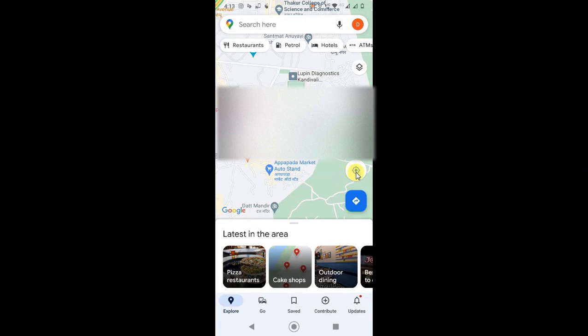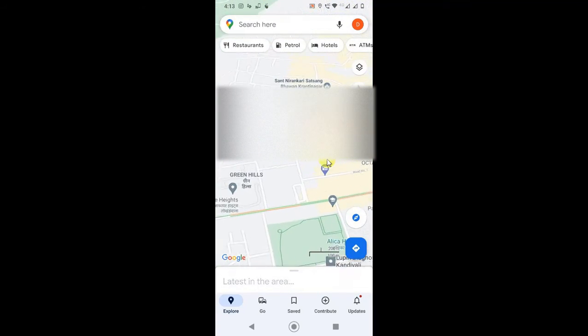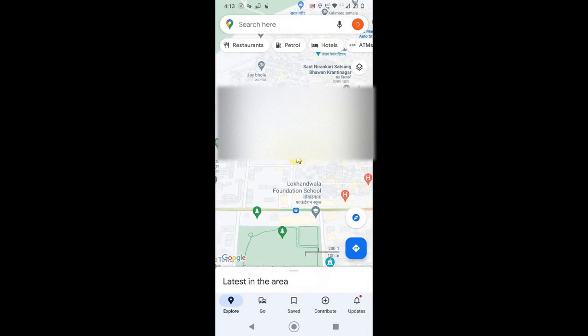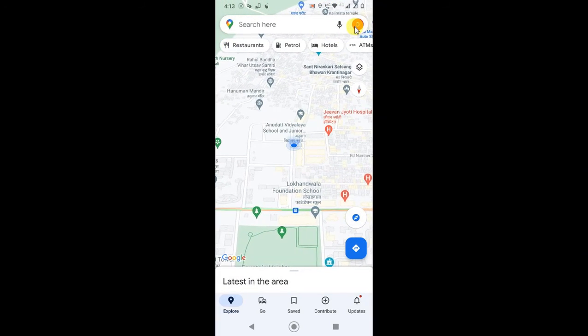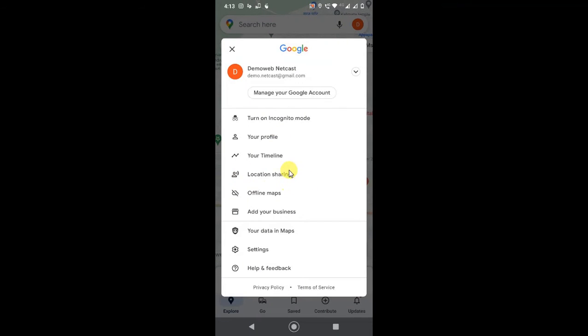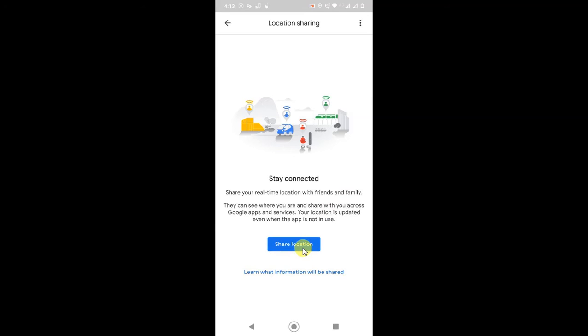Now click on this icon where Google will find out your location. Click on it, then your location will be found. Now you can share it. Just click on this profile photo. Okay, and here you find the option like location sharing. Click on it and just click on share location,